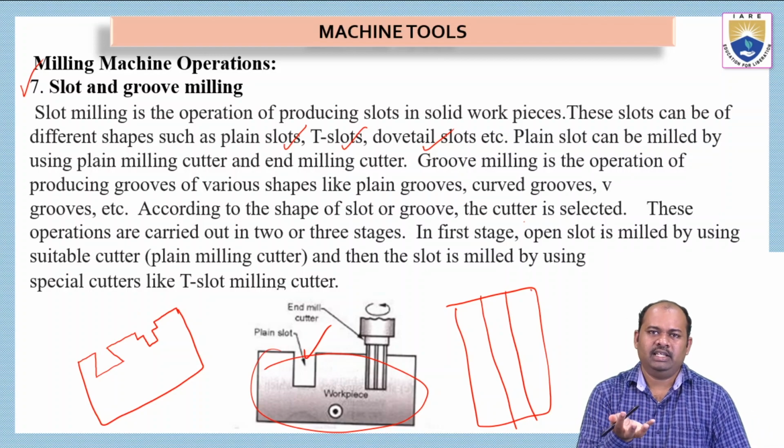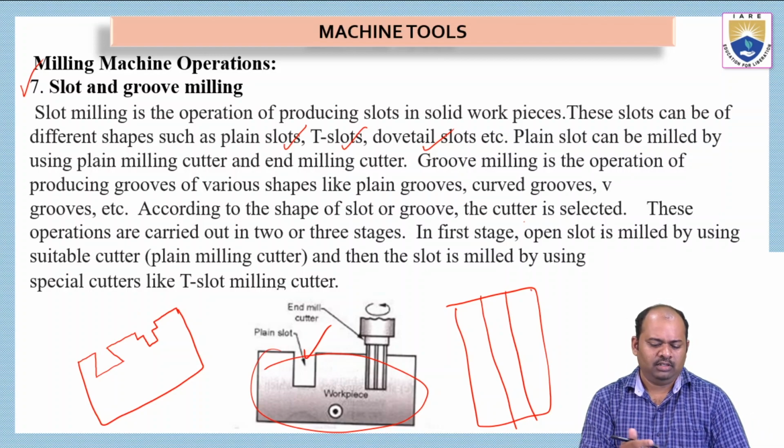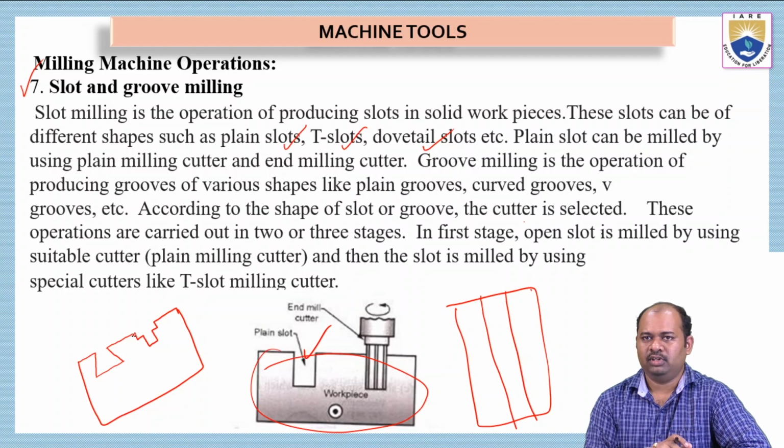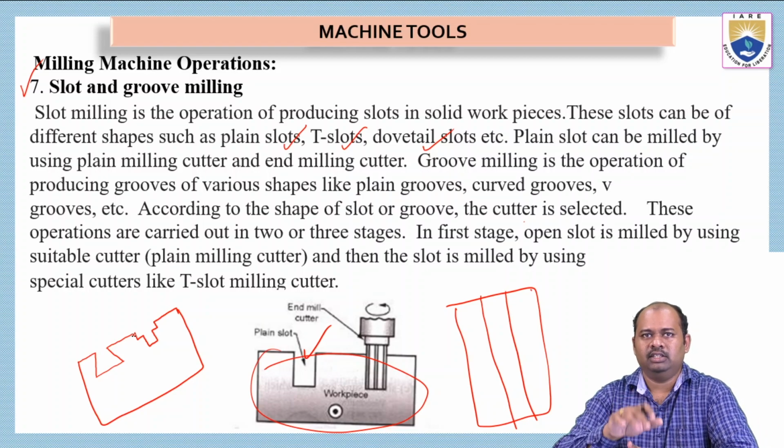Okay. Why do we need these type of slots? Because we have to insert some kind of a screw into this so that it requires this particular shape. Okay, dovetail joint, dovetail slot also has some applications for locking mechanism. Okay, so these are the different types of slots or grooves that can be performed by this slot and groove